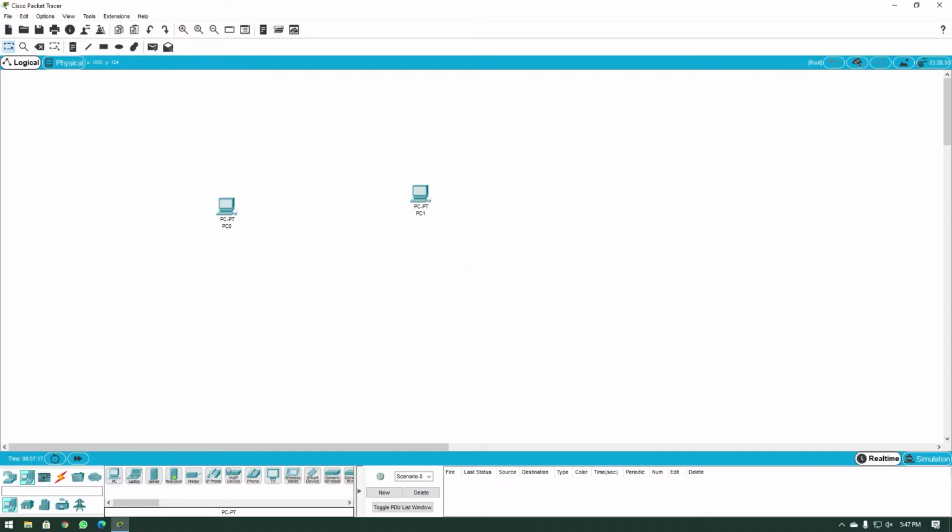Now, in order for these two PCs to communicate, we need to connect them using a wire. So I'm going to go to this thing over here. It's called connections. You click on this, and if you want to connect two devices of the same type, here they are both PCs, you'd use a crossover cable. And this is a copper crossover cable. I'm going to click on that, click on this PC and say, connect this cable to the fast Ethernet 0 port. We don't want our network cable to be connected to the USB ports or the serial port over here. So I'm going to connect this to fast Ethernet and then drag the cable like this and just drop it on this computer.